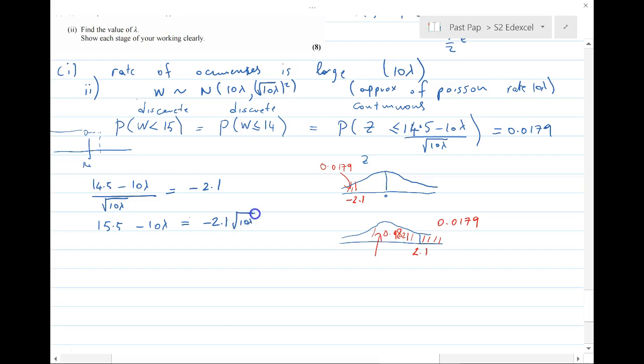So we have 10 lambda minus 2.1 times the square root of 10 lambda minus 14.5